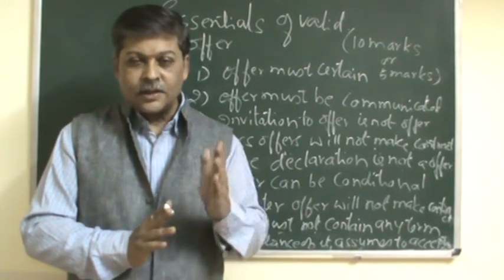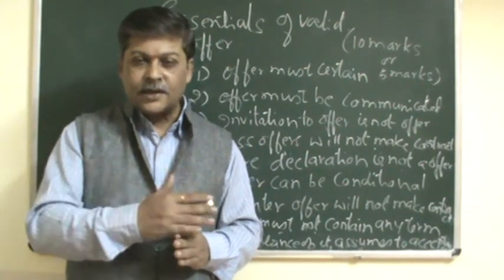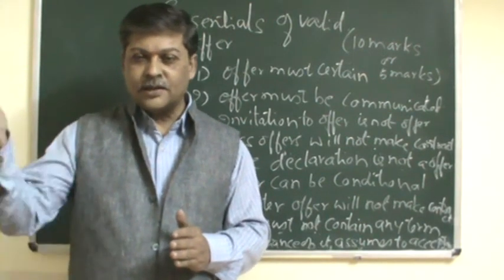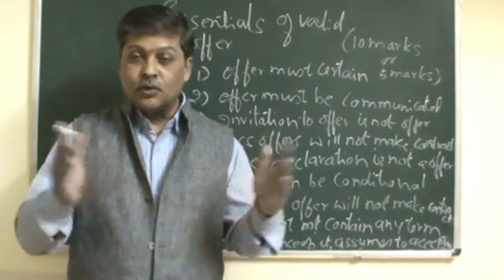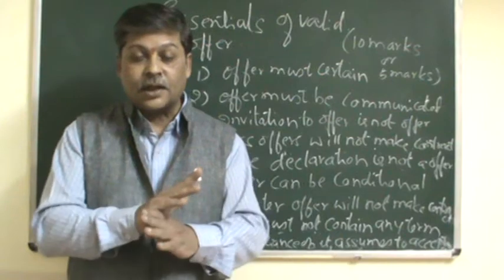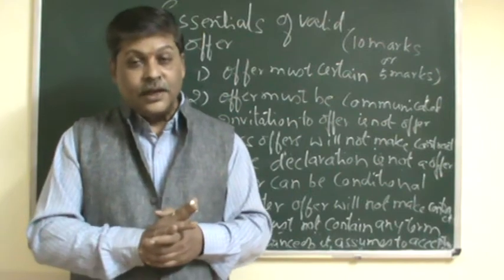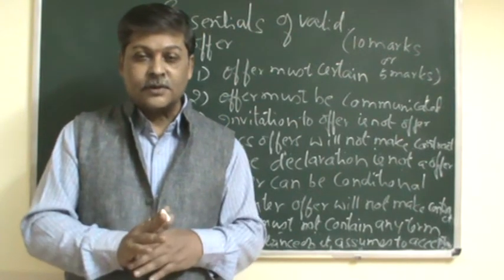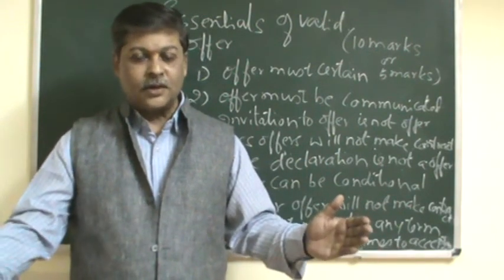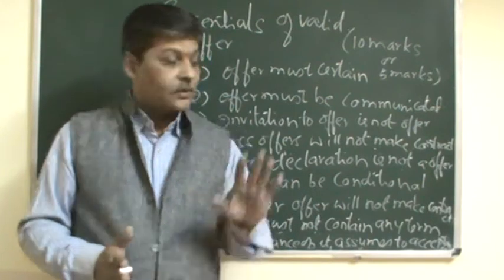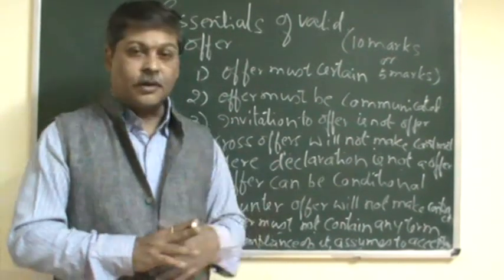A person, without the knowledge of the proposal made by another person, makes a proposal. And the other person, without knowledge of the first person's proposal, also makes a proposal. So both the offers cross each other. They resemble and are identical to each other. Such offers are called cross offers. You cannot say that the offer made by one person becomes the acceptance of the other person. No, you cannot take it so. So they are called cross offers. Cross offers will not lead to a contract. No contract is formed with cross offers.